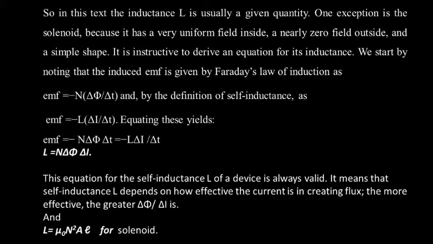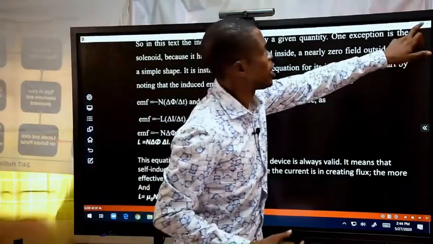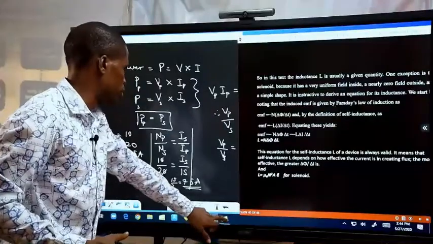The self-inductance is given as mu naught n squared A over L, where mu naught is the magnetic permeability and n is the number of turns. Then we have A as the cross-sectional area and L as the length. In most cases, this is for a solenoid. But for the solenoid, it is considered that there is a magnetic permeability in between the coils. Okay, for the next slide, we'll be looking at the relationship between